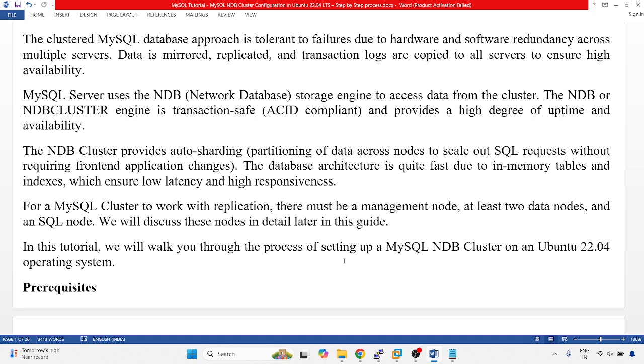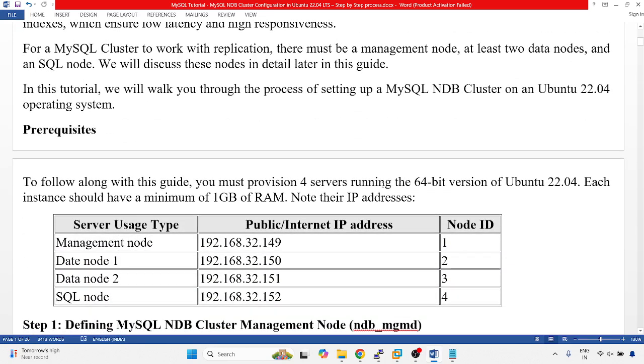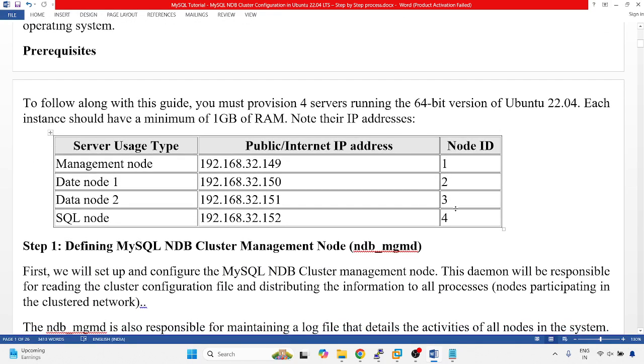Okay, so we are already discussing this, and I'm working with the Ubuntu 22.04 LTS operating system. This is a Linux operating system. The prerequisite is that you have to install 4 servers, 64-bit version of Ubuntu 22.04. Each instance needs at least 1 GB RAM, and I have already installed the 4 servers: node 1, node 2, node 3, node 4. One is the management node, two are data nodes, and one is the SQL node. So these are